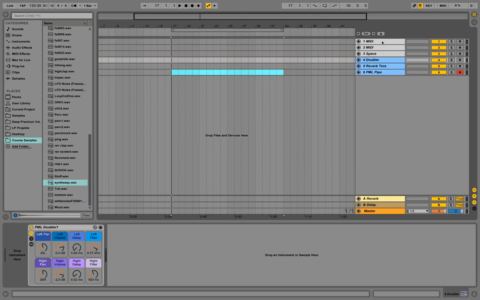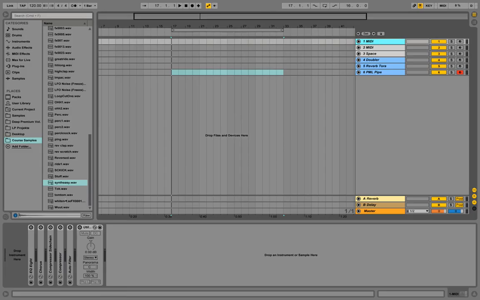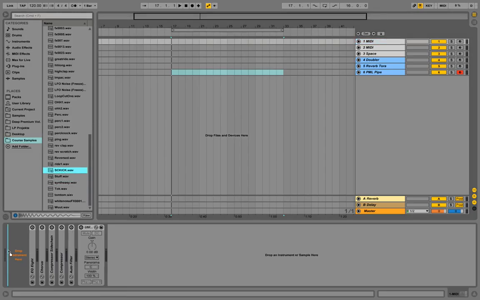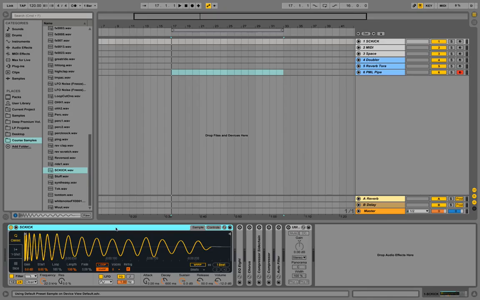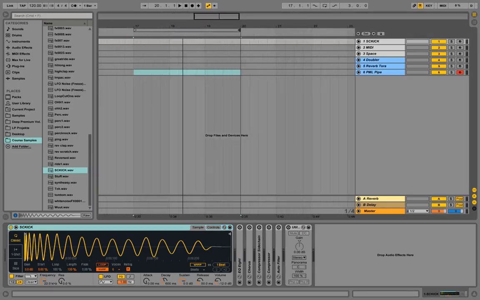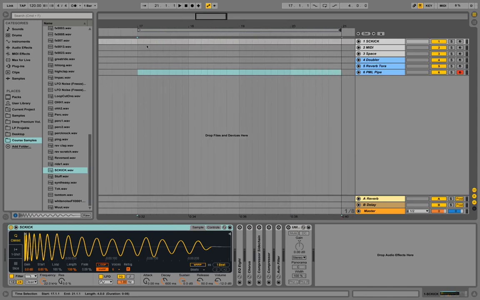And we are starting with sidechain and kick for now. Let's go to our courses folder, course samples down here, and load up the first sample called SC kick, and drag it onto one of those first MIDI channels here. So I'm taking SC kick and dragging it in here, and it automatically loads up inside of a Simpler device. Now we can take those markers and zoom in a little bit. Let's take maybe 4 bars for now, and set the BPM to 122,